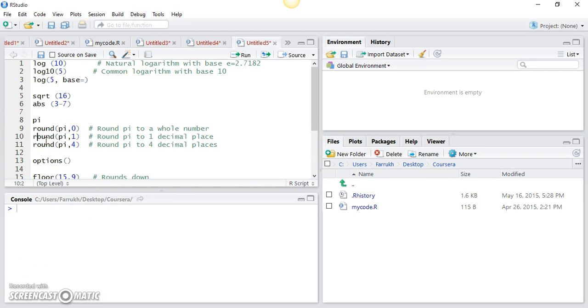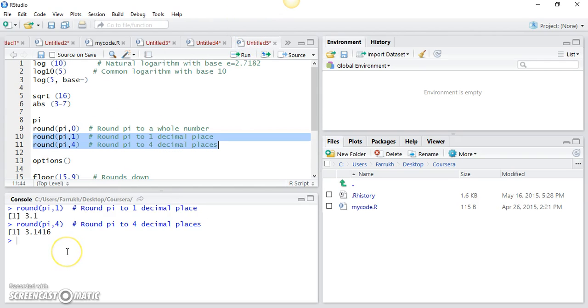You can also specify a different second parameter. So if you want to apply rounding to pi up until the first decimal place, you can specify 1, or if you want to apply rounding to a value of pi up until the 4th place, you can specify 4. So right now I'll just execute these two lines of code, and we can see that we've got the desired